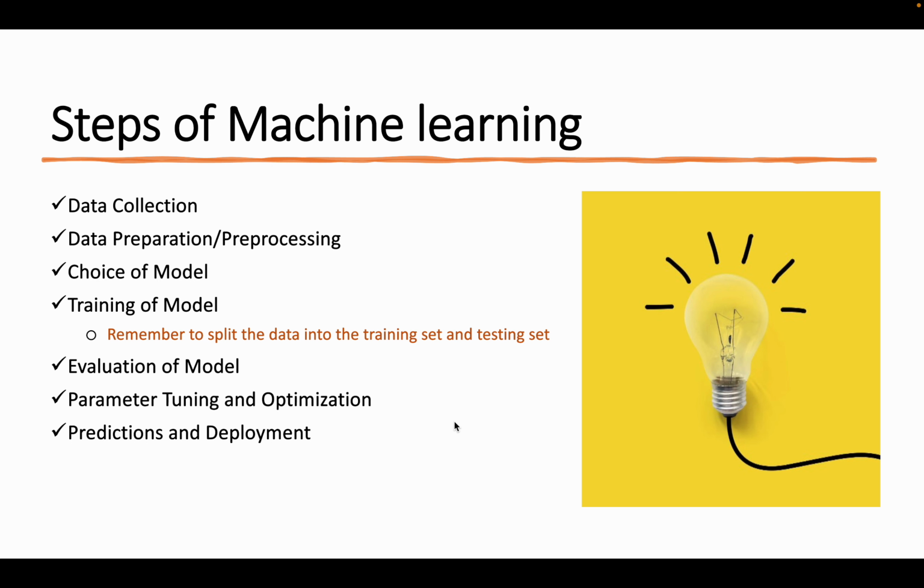Then after we learn these machine learning algorithms, we can start to build our model. And here are the steps that you have to follow. First of all, we have to collect our data. Then we pre-process our data. We will talk about this point later. Then we can choose a model.